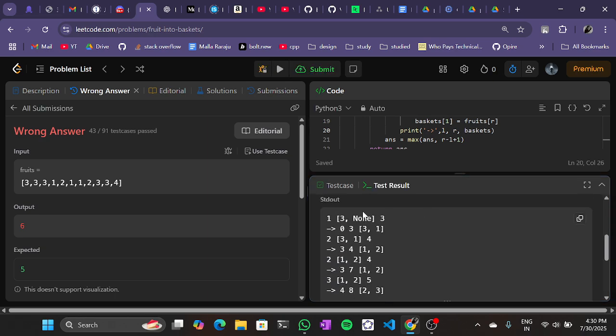Right. So okay. Eventually when we reach 1, we're updating the second part. And we reach 4. Sorry, when we reach 2,